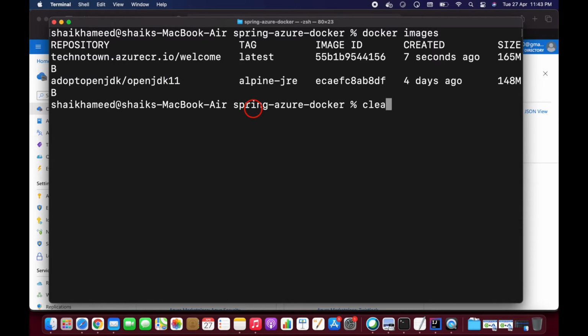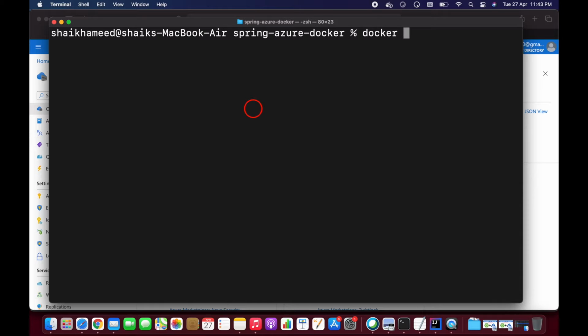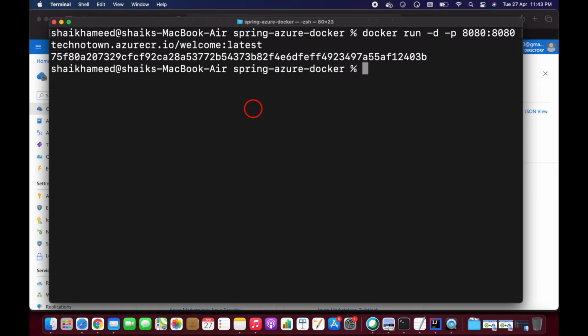Okay, so now let's run this project in detached mode and -p. I'm going to map port number 8080 to 8080. Okay, and the server name, and after that welcome and the latest tag. Okay, so it's success, guys.